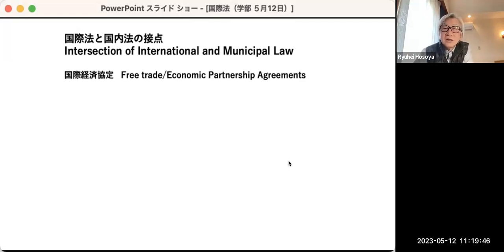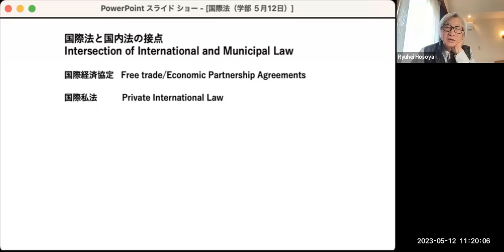And there's also, this is a rather technical point, but think of your own selves. There's this area called private international law. This is, more or less, concerning the individual person. For example,